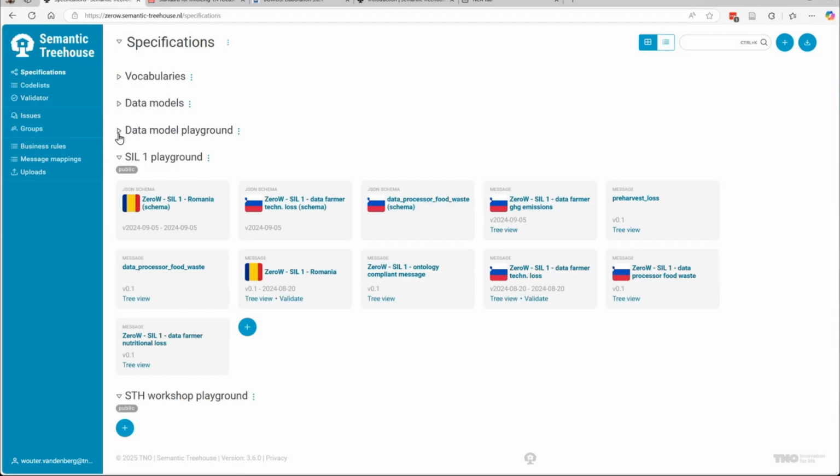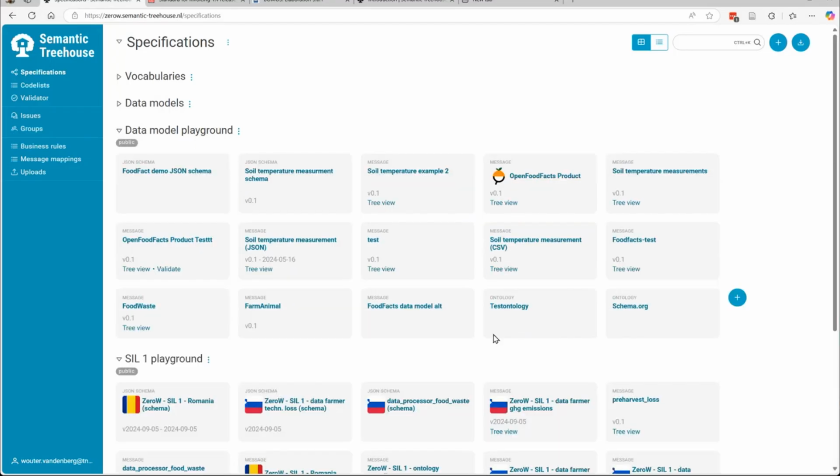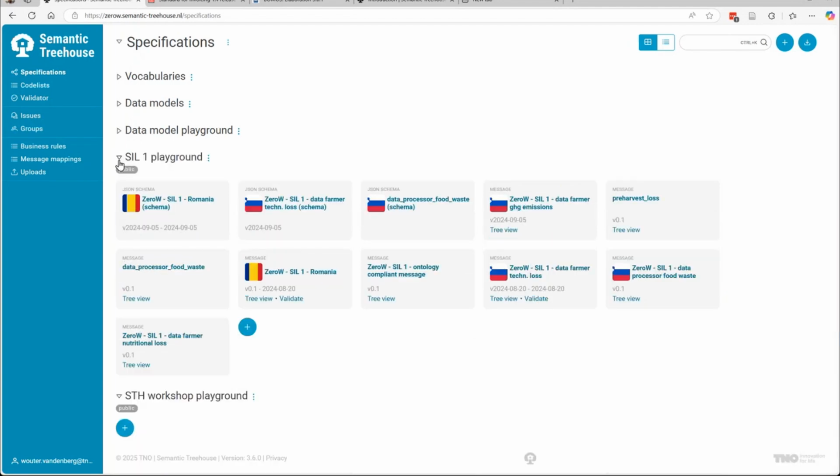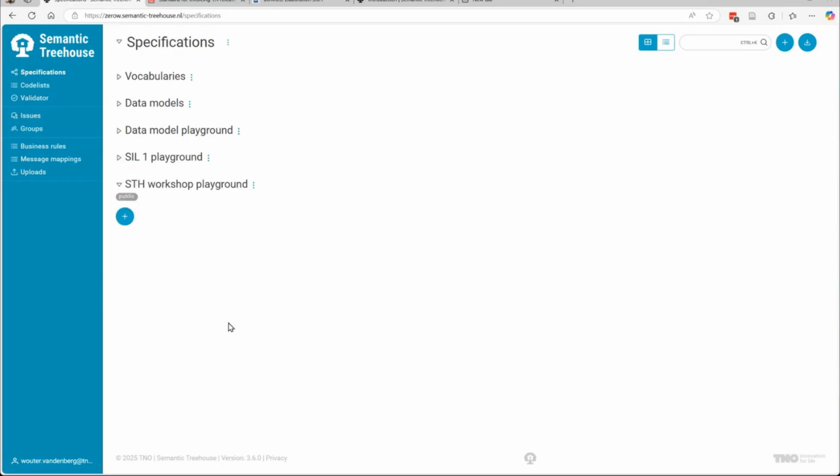And then we have the playground. If you are a maintainer and you want to try this out, I recommend or even ask you to make new specifications here. Because in the playground, it's clear that it's not for actual use yet. We're just experimenting. And in fact, we have a SIL, I guess it's a double L, right? A SIL 1 playground here where we have already done so with a few use cases. And I can show you that. But actually, I want to do the process Linda showed again to make it clear what it looks like from the start. So let's try to make a